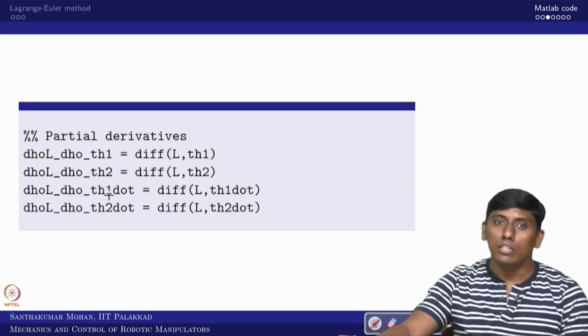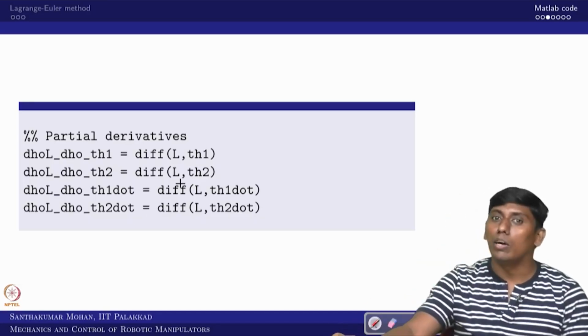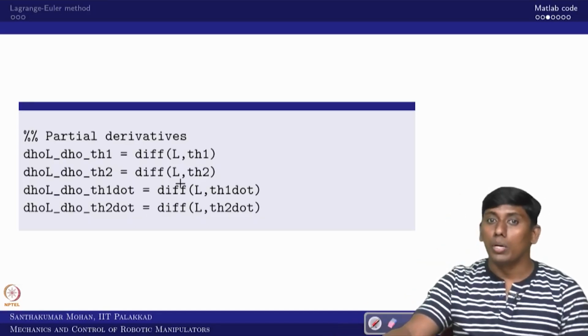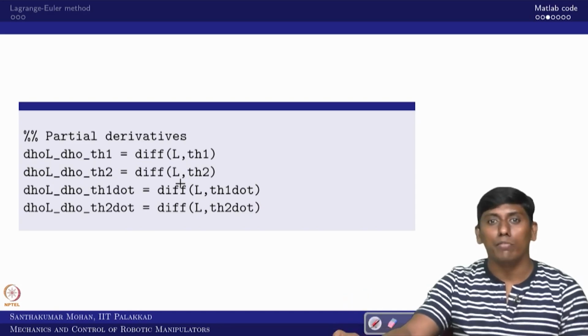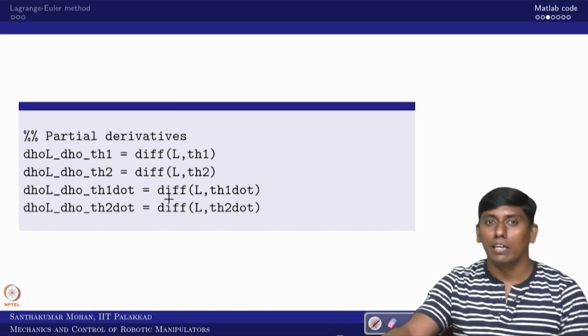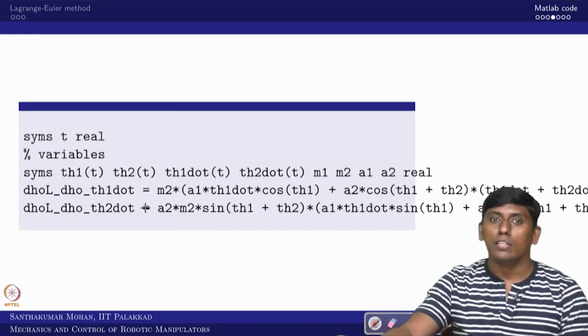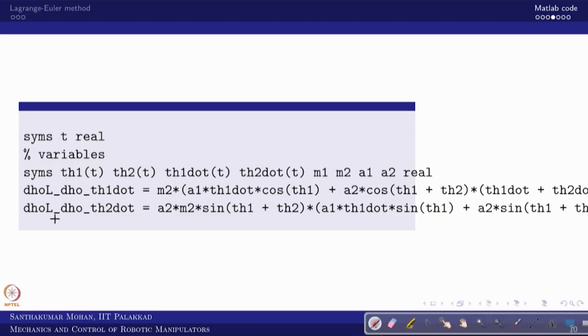theta 2 dot. These all need to be done in a separate file, because earlier we defined theta 1 as a function of time. Now here it is an independent variable. That way only we are considering. So now we can derive this. Once we derive dou L by dou theta 1 dot and dou L by dou theta 2 dot, it comes this way, and we can rewrite it,